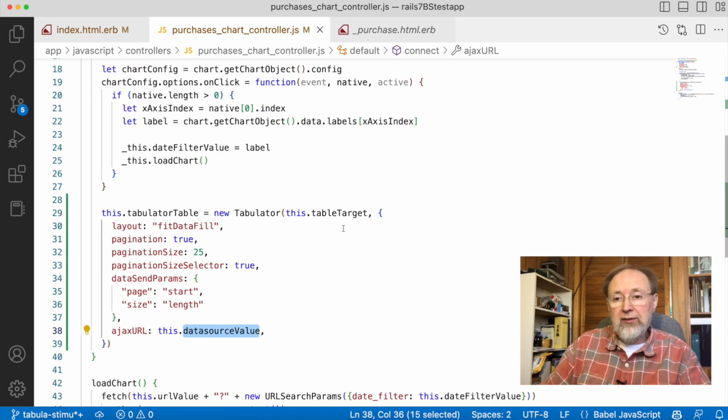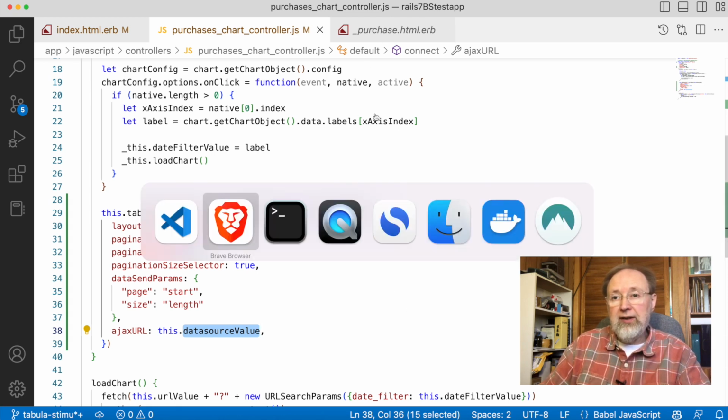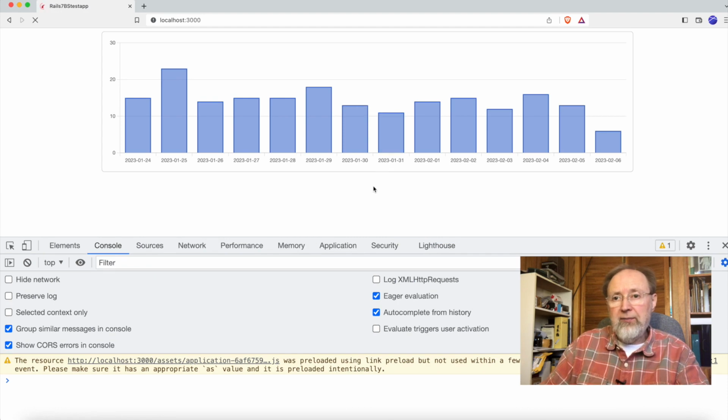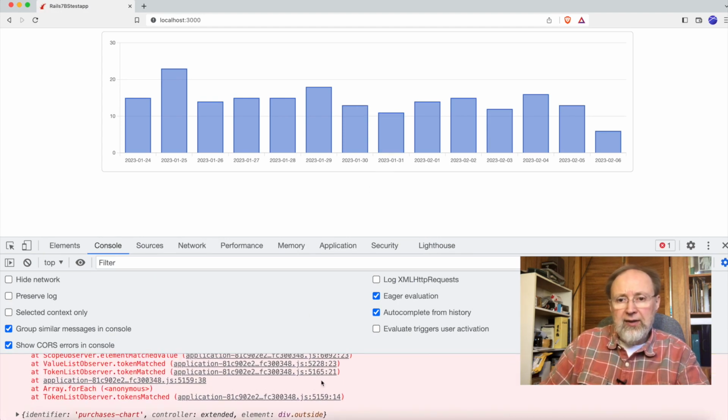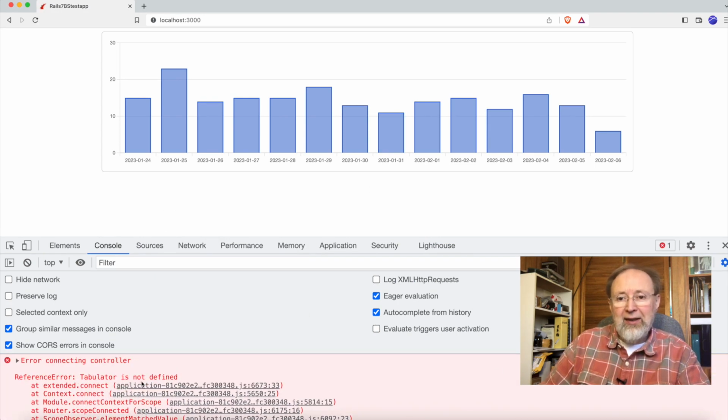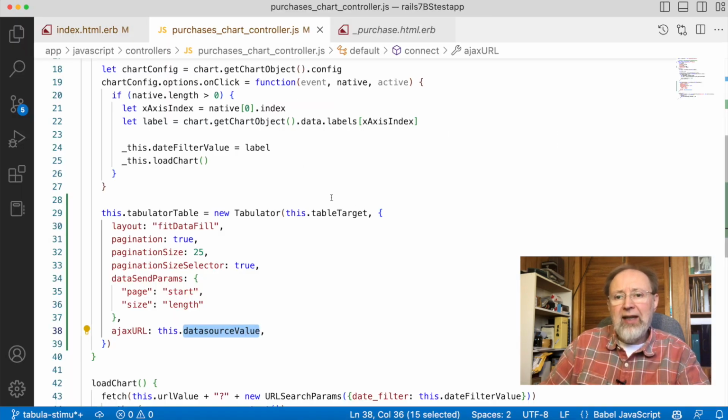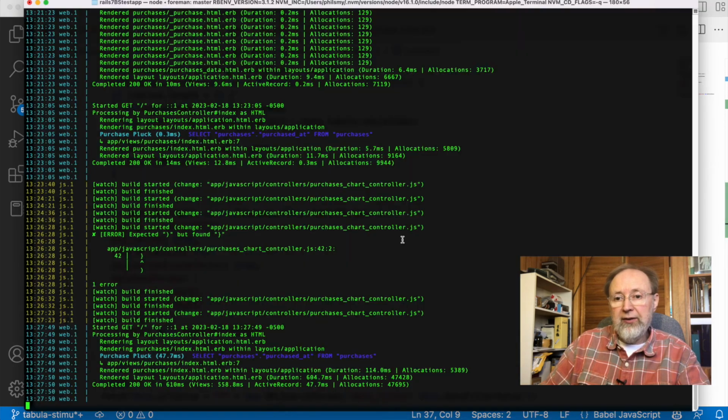So we're not going to have any data. That's not going to work right now because I haven't set it. But let's go over and see if we can see something. And yes, we can see that it's connected because it hasn't worked. It says Tabulator is not defined, because I haven't actually added Tabulator to this yet. So how do we add Tabulator? If you recall,